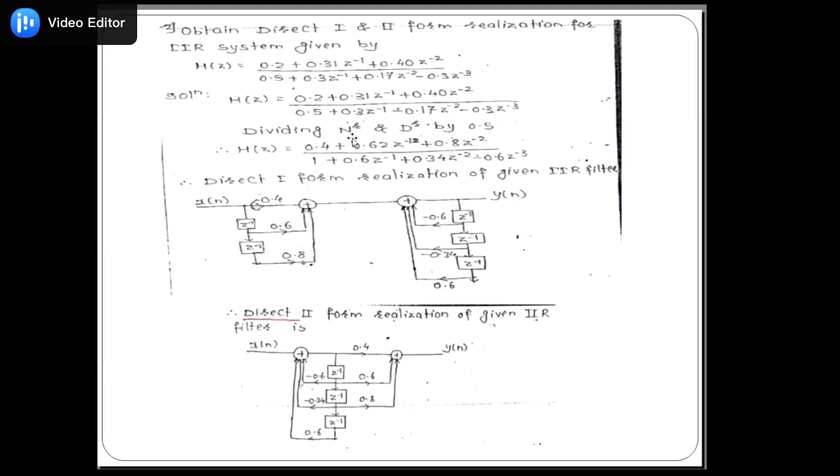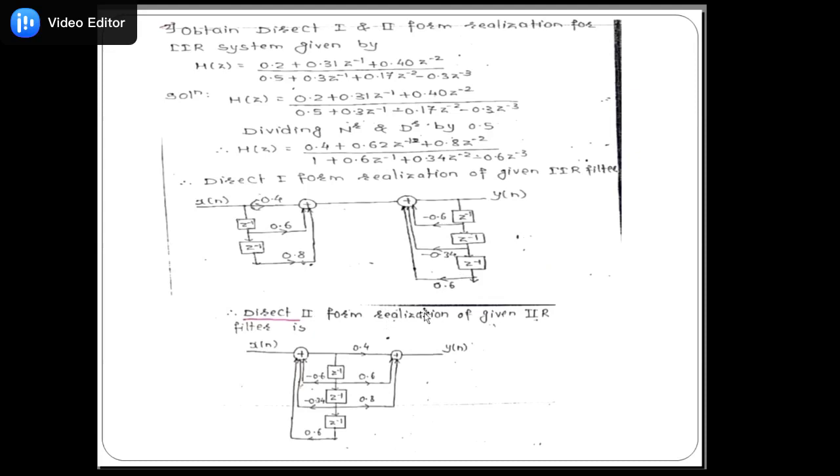Then if you consider Y of z divided by X of z, Y of z multiplied with this denominator, that will provide the direction. Y of z first term 1, means you have to show here 1, or if you have not shown 1, no problem. Suppose you consider 0.6, that direction is inside, that's why the sign will change. Delay by 1 sample. 0.34, delay by 2 samples, sign will change. Delay by 3 samples, that sign will be changed, negative to positive, right?